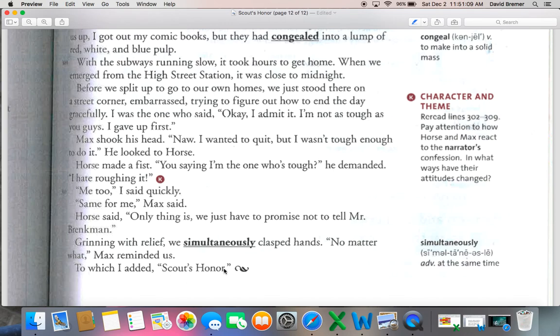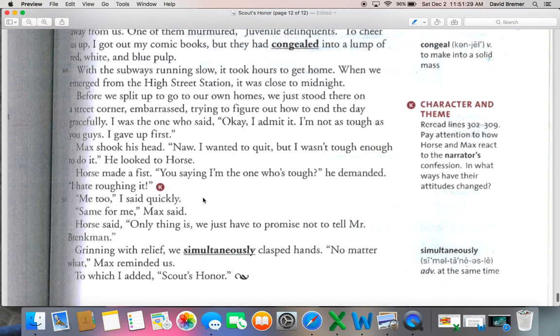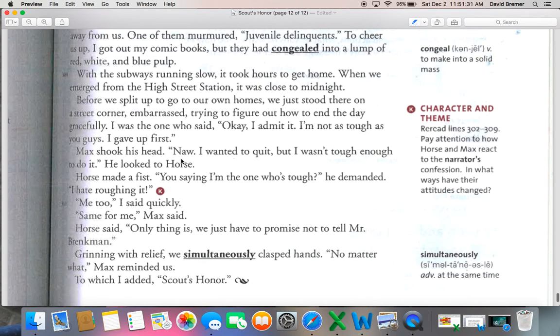So they basically said they wouldn't lie about telling a lie. So they're going to tell a lie. So that's kind of weird. One thing that's kind of unique is our narrator thought that he was the wimpiest guy in the world, but the other guy's like, "Oh man, I wasn't tough enough. I hated it." And they all kind of agreed that they didn't make it. But one thing that I'm noticing here is they're getting back to their house after midnight. So didn't they technically spend the night outside?